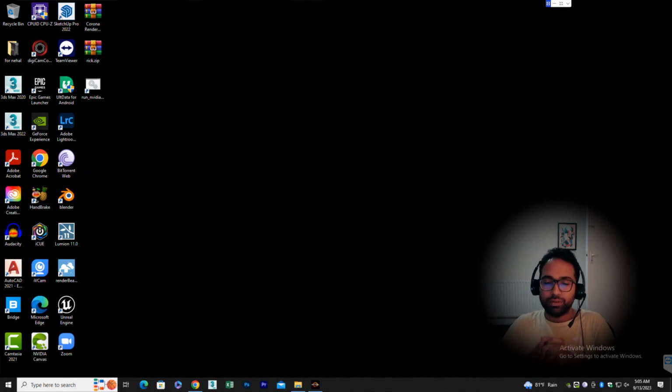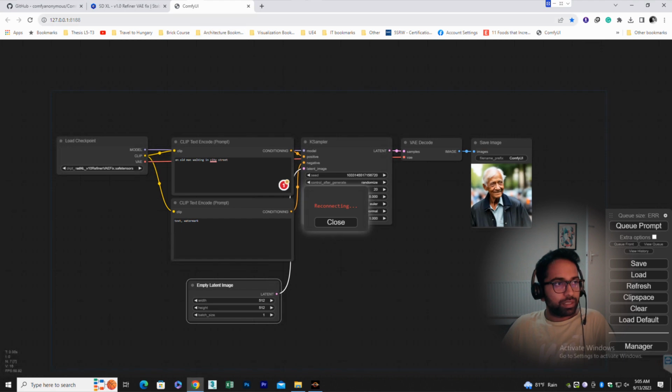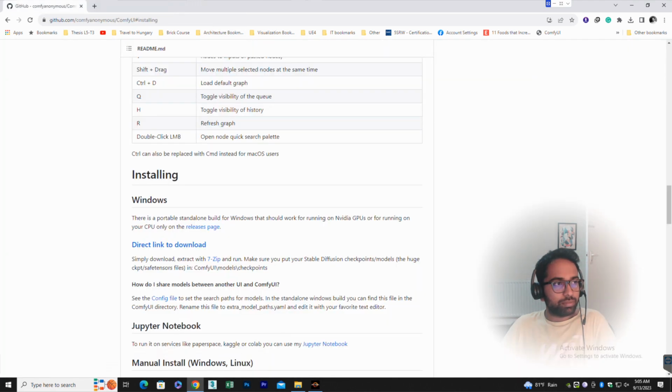So if you want to use stable diffusion, you might be searching for different tutorials on how to install it. So there are basically comfyui, automatic 1111, and other ways to use stable diffusion. My personal preference is comfyui because of its node-based system. So to install or use stable diffusion, you need to go to this website first,